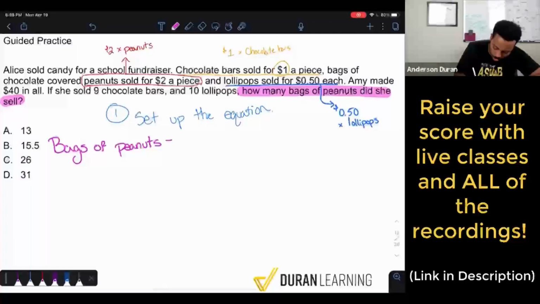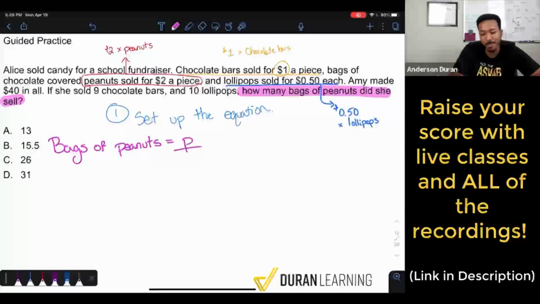Everybody, what letter do we want to use for bags of peanuts? Go ahead. What letter should I use? Yep, let's keep it simple. P. So bags of peanuts equals P right there. Okay, cool. Now, let me go ahead and look back at the problem and only grab the information about the